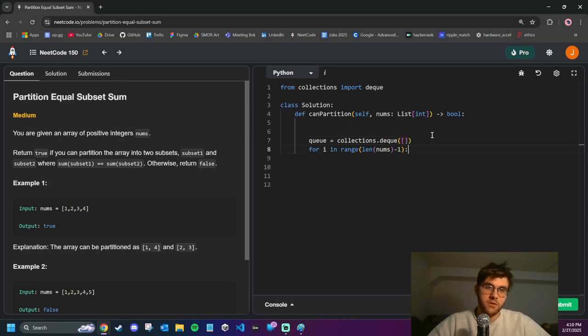Like that. All right. And within it, we will have nums of 0. So that would be 6. All right. And then we're going to say for I in range, while q, we're going to